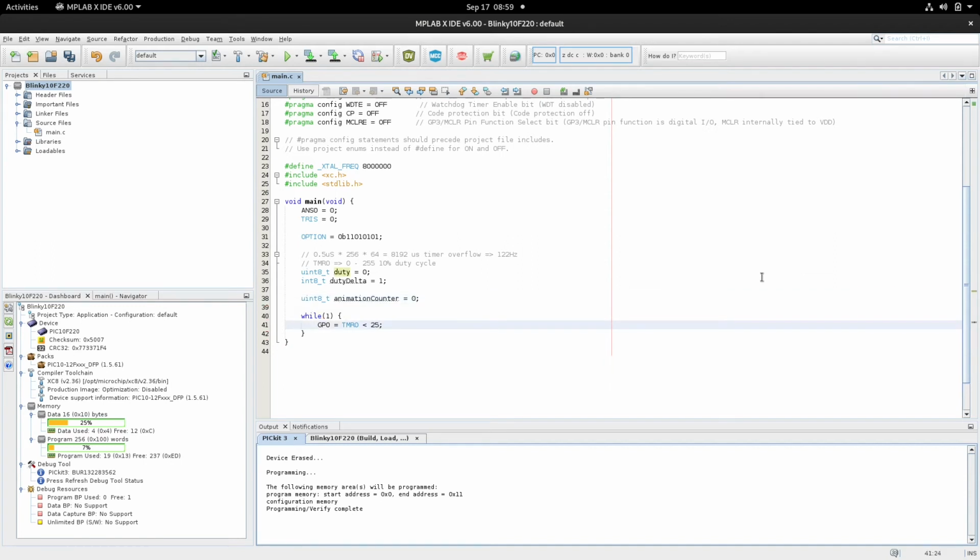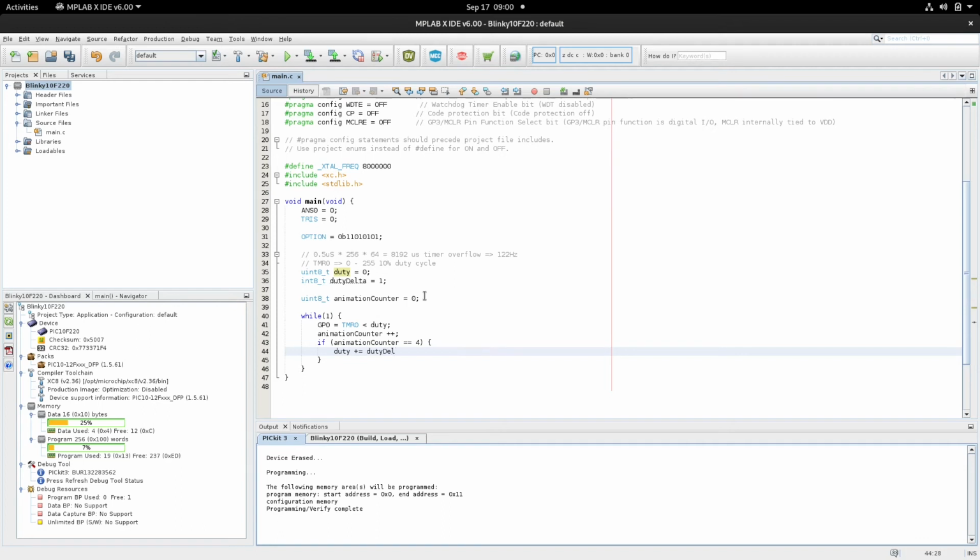So instead of the fixed value of 25, we will put our duty here. And now we will increase our animation counter. I'm just eyeballing the animation time here a little bit, but what we can do is whenever animation counter is 4, this is an arbitrary number. You can adjust the animation timings more closely, looking at the instructions that I've generated. We will increment the duty with our